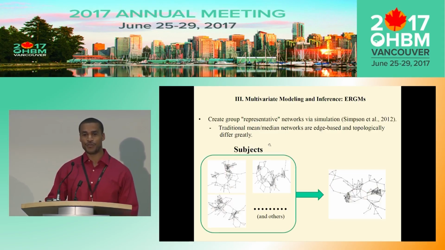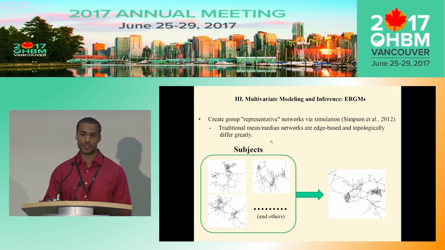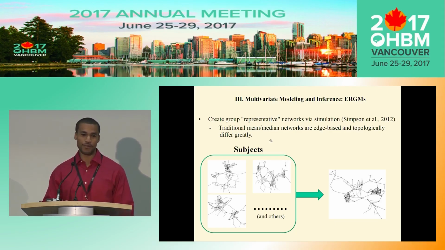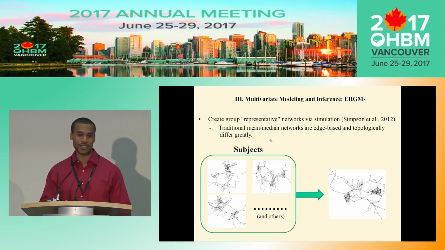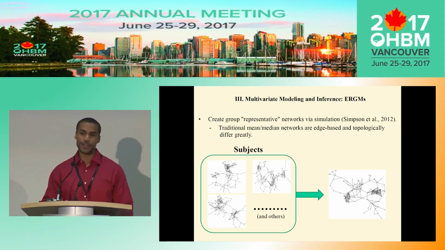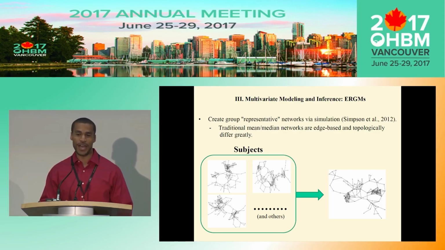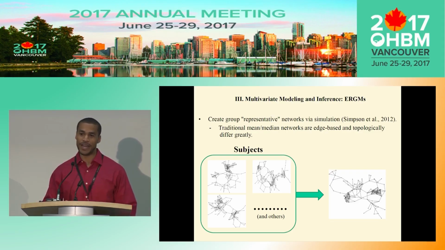Now we can also use this sort of ERGM-based framework to create group-based representative networks via simulation. So basically what you would do is if you have 10, let's say, normal subjects, and you want to create a representative brain network that represents these normal subjects, you could fit 10 models, one to each network. You would then average those theta parameter estimates, and so then you would use that as sort of an averaged ERGM model. And then you could simulate representative networks from that average ERGM model,